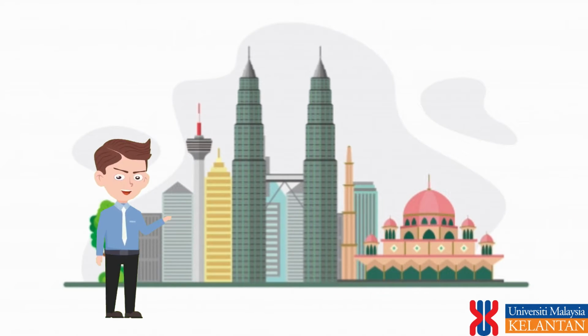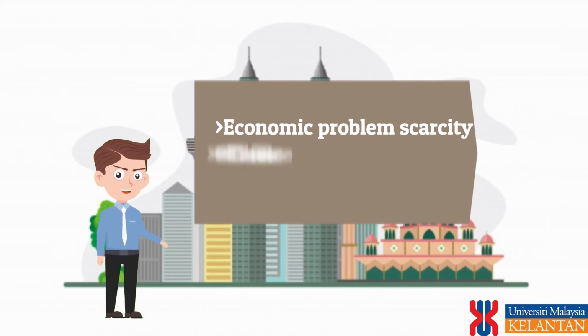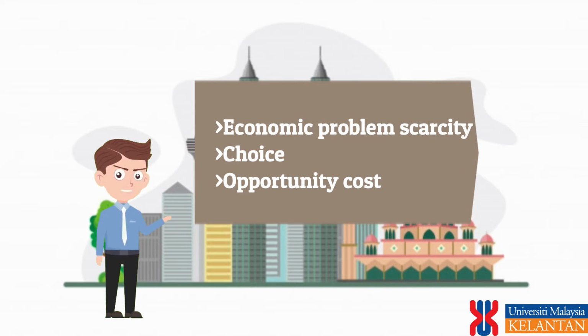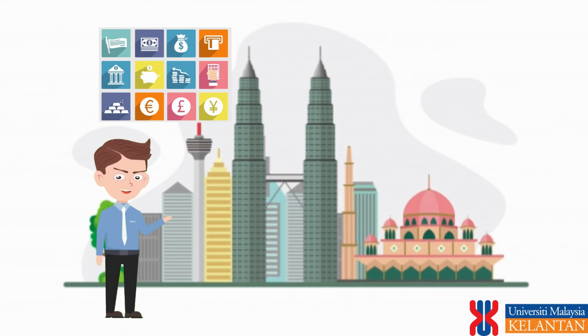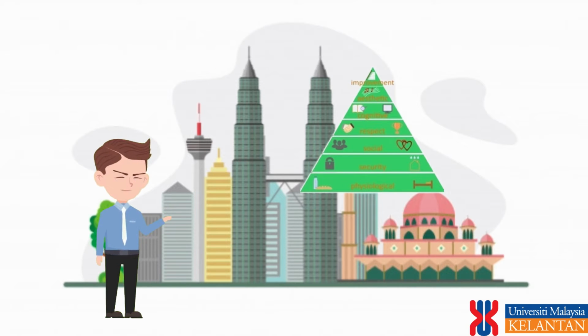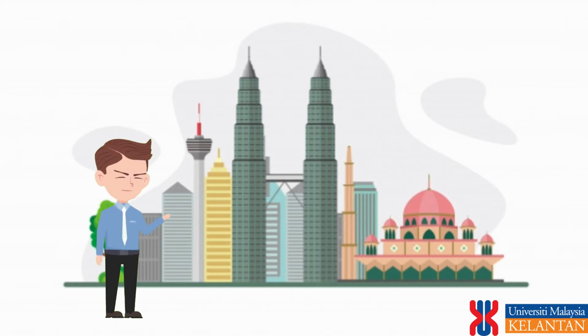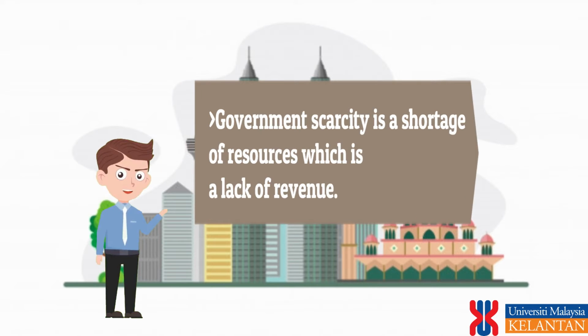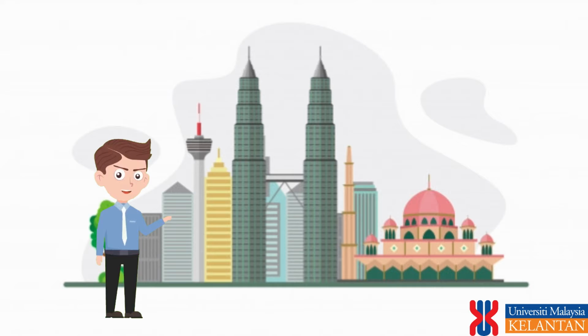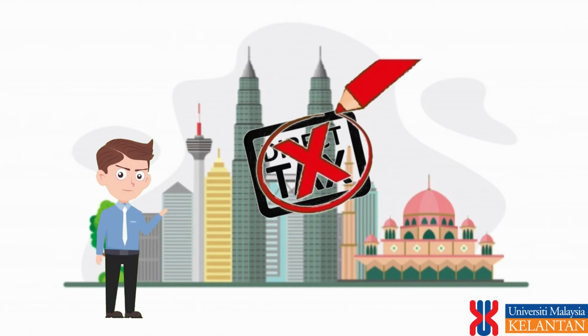Second, I will talk about the causes. The main reason the government imposes taxes is because of the economic problem of scarcity, choice, and opportunity cost. It's because Malaysia's economic resources are limited to meet unlimited human wants. In this case, the government's scarcity is a shortage of resources, which is a lack of revenue. This is because existing government resources such as direct taxes are not able to meet the needs of the people